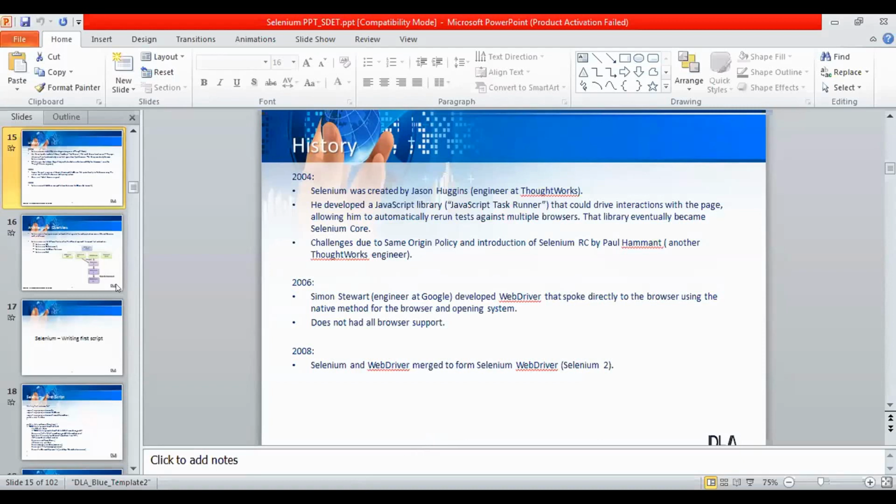The Selenium setup is done in all of your systems, right? Yes, it is done. Okay. So let me create a Java project.